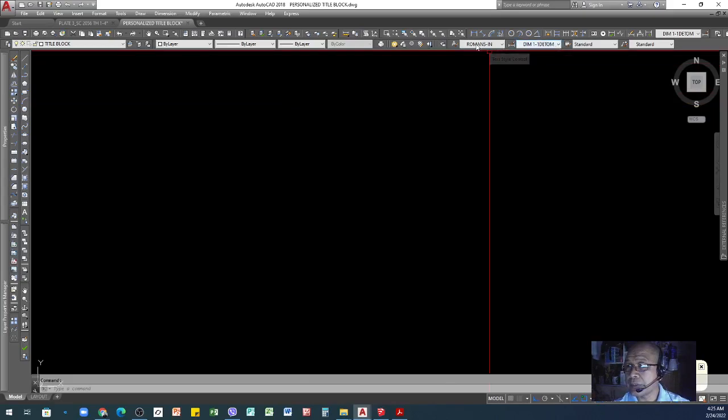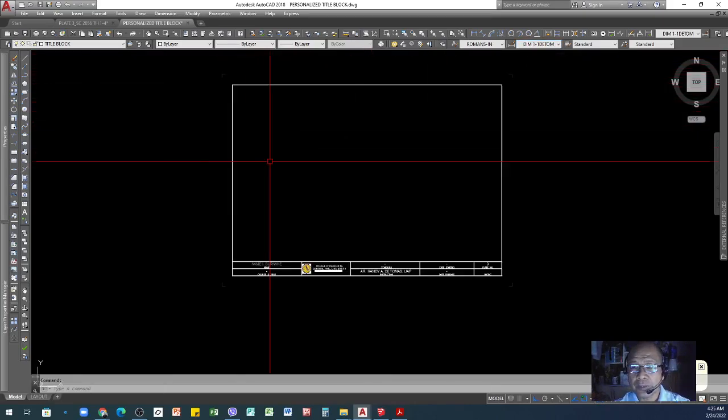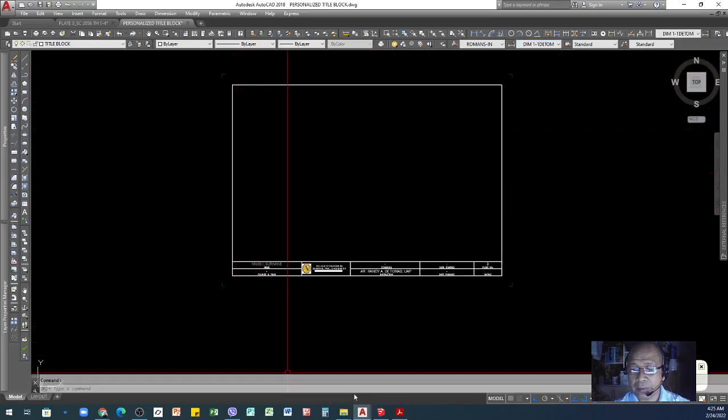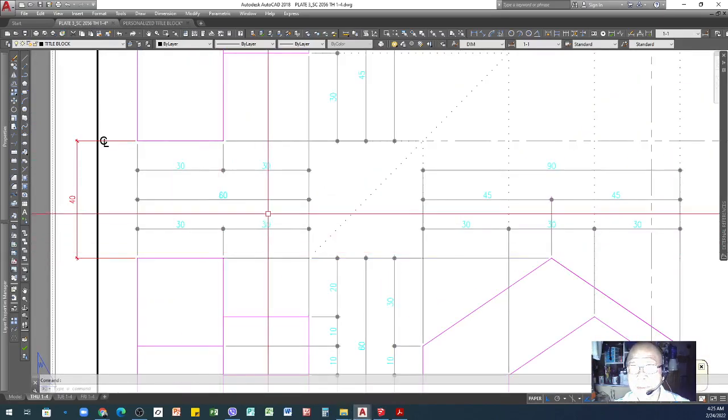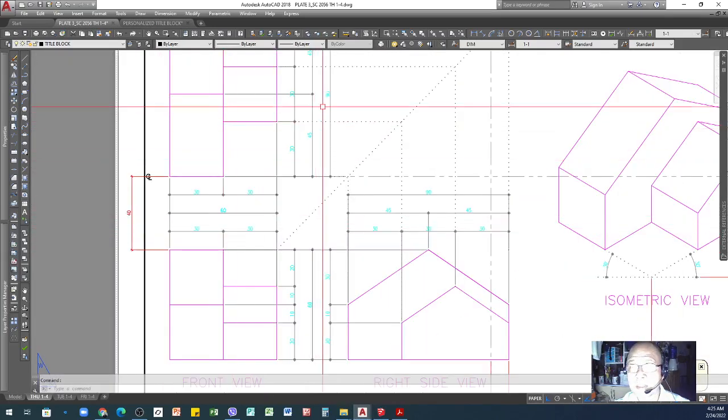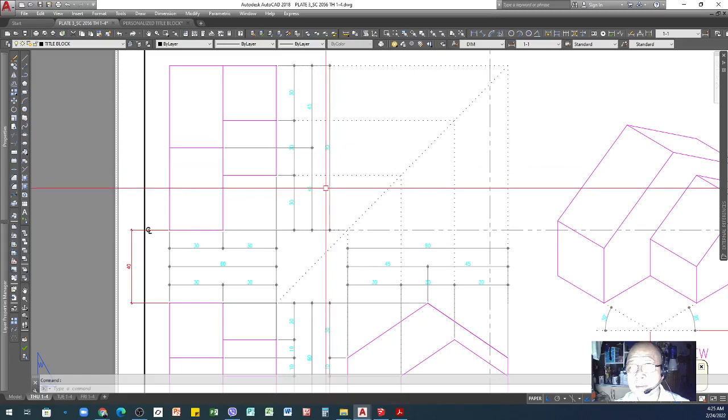So you can see that the dimension style that I created appears already here, which is the current. And then when I draw something like your object as your drawing, we have basically 60 by 90 here.